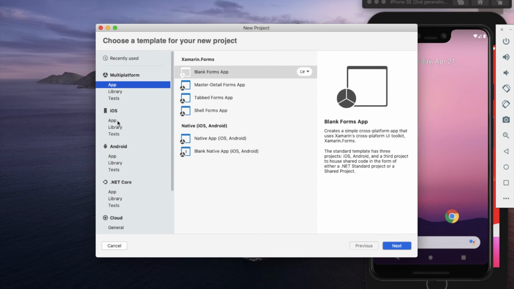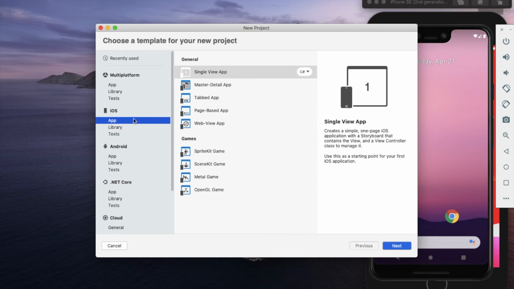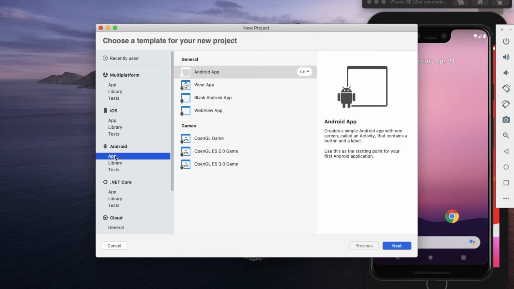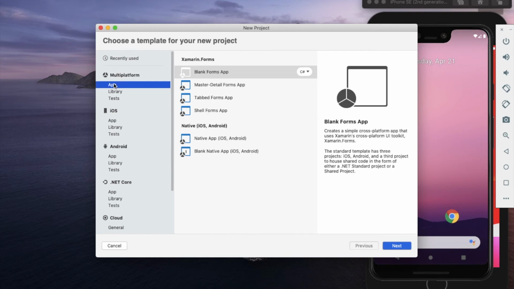Or if you give only iOS, then you can create the application for iOS alone. If you click Android, then you can create the Android application for its related device. So now we'll click multi-platform and select Blank Forms App and click next.